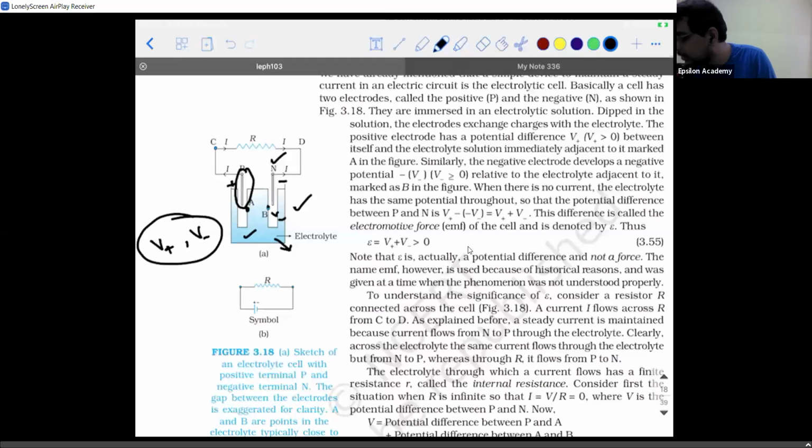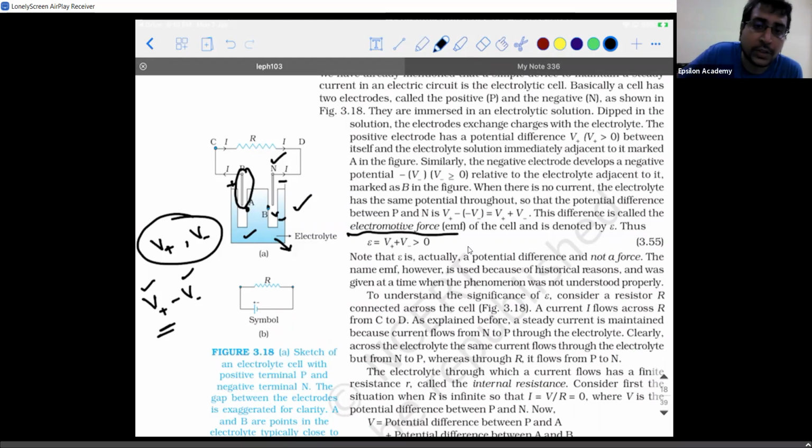the mathematical difference between these two values, what is V plus, guys? V plus is the potential of the positive terminal, V minus the potential of the negative terminal. So V plus minus V minus is nothing but the potential difference between the positive and the negative terminal. Am I right? The difference between the potentials of the positive and the negative terminal, listen to this carefully, when there is no current flowing in this particular electrolyte, is what we call EMF,